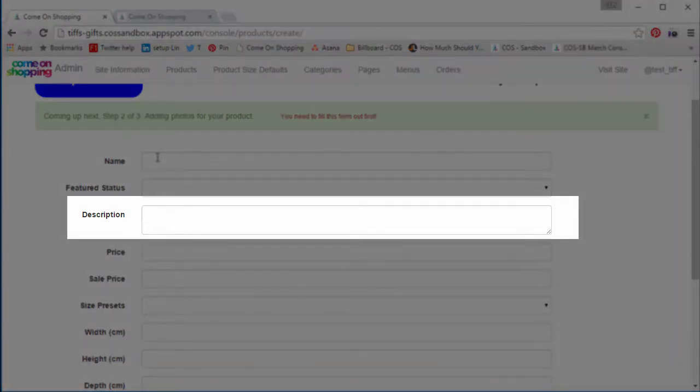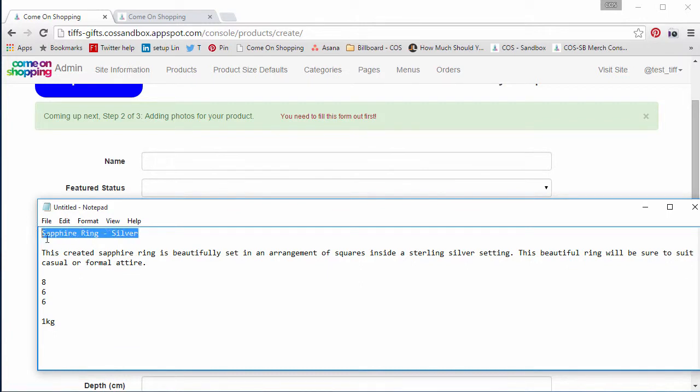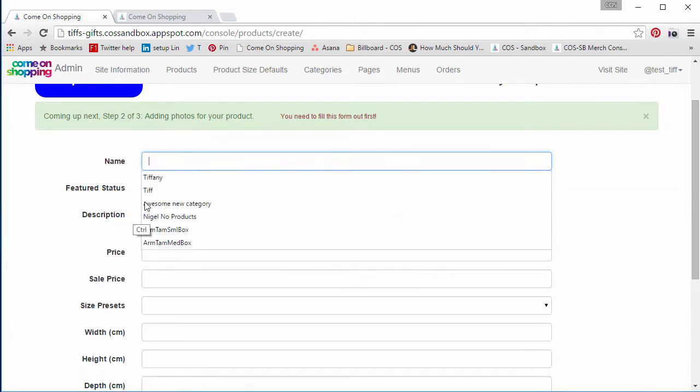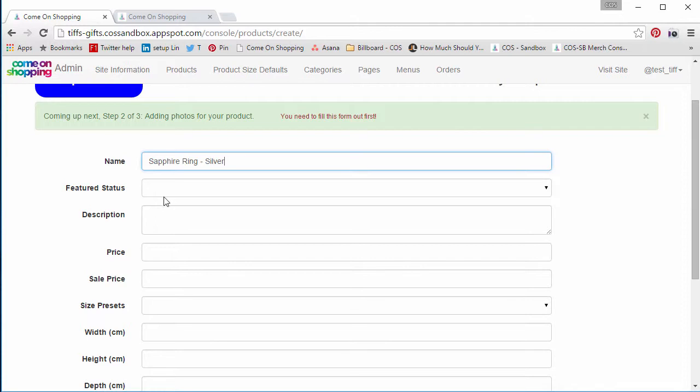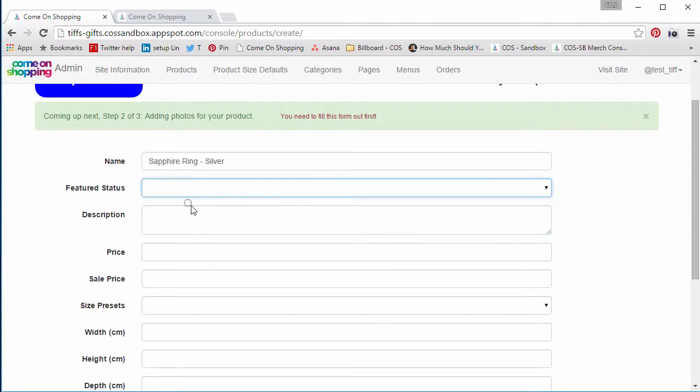The description. Okay, so hang on, I'll just type in the name quickly. Here we are. I'm just quickly copying and pasting. My featured status, I won't turn that on at the moment, I'll do that in another video, but you can just choose featured or not featured, it's pretty easy. Just keep that as not featured for now. And my description,